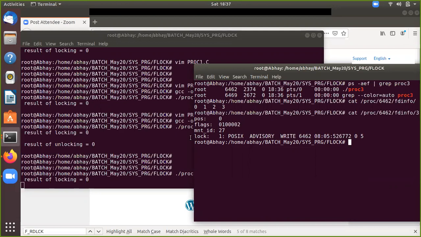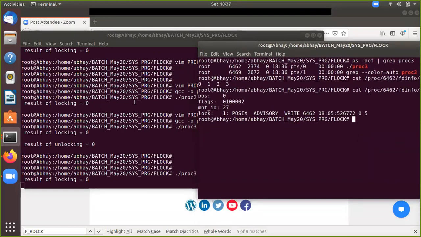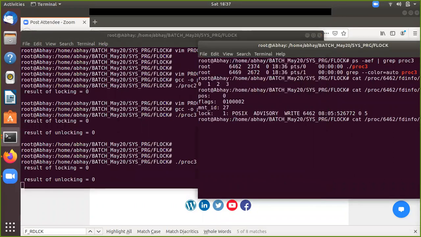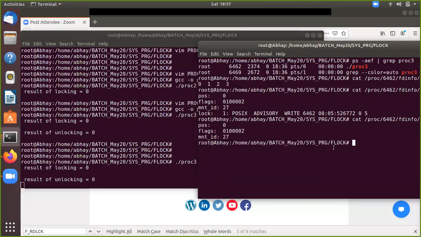So lock is 1. Okay. Let me just go and put it here. Go and see. Okay, lock has gone, right? You can see here. Not many things would be there, but this lock at least it is showing. Yes.